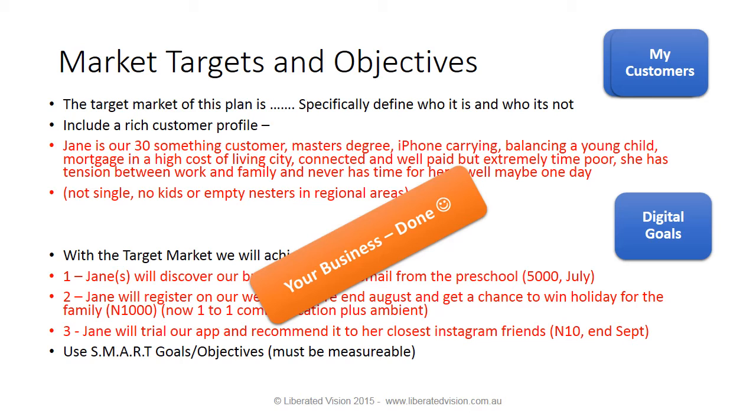So time poor talks to us about the kind of tools we might use, when we might use them, and those kind of things. She has constant tension between work and family, and never has time for herself, maybe one day, so she's kind of aspirational into that area as well. So specifically, we're not looking for people who are single, no kids, empty nesters in regional areas. So that's kind of the who's in and who's out issue,